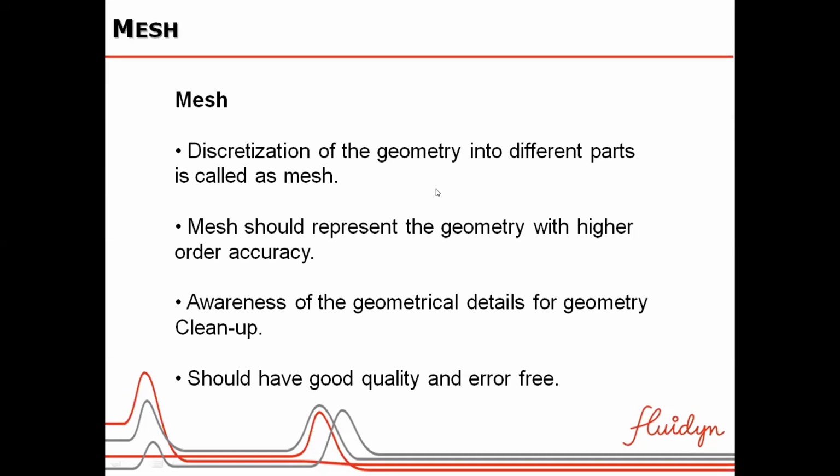When a new user comes in and tries to create a mesh for this particular aircraft, he will try to include antennas and all. But when an expert comes and meshes that geometry, he will remove all those antennas, vanes, sensors, everything. And this is not only for aircraft geometry. Whatever geometry we take, let's say an engine component in an automobile, that may have screws, nuts, and so on.